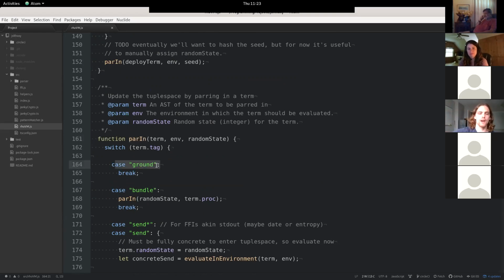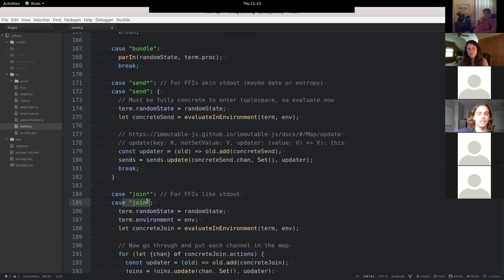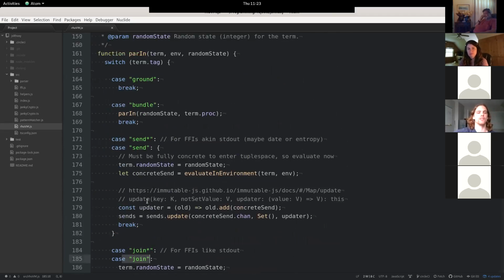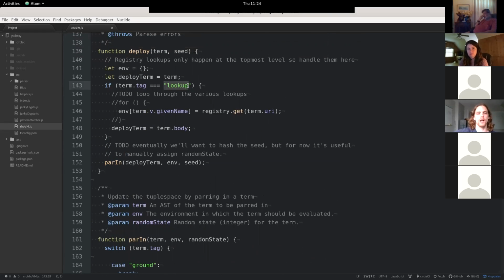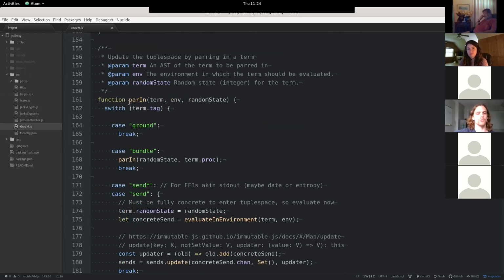So like if this is a ground term, if it's a send, if it's a receive, I've called them joins, all of that execution happens here. The only special one that happens in deploy is lookup. And then the magic is whenever we have to make one of these calls recursively,